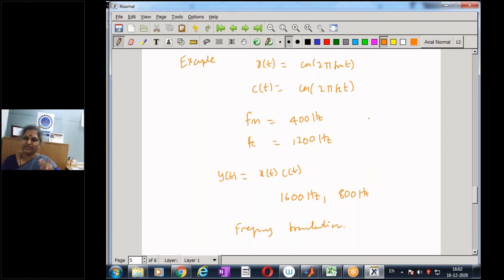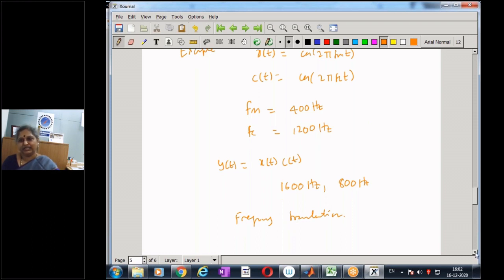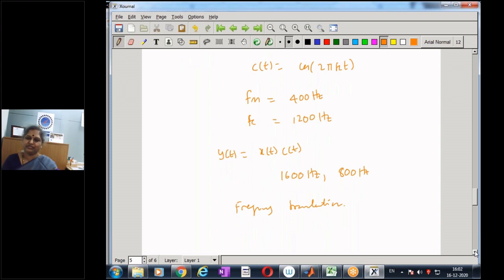And the entire modulation and broadcast communication is based on just this concept of frequency translation, or multiplying in the time domain. So we take all our low frequency signals and put them onto a high frequency sine wave, and then they become suitable for broadcast. So the entire communication functions only because of this simple property of the discrete Fourier transform, that multiplication leads to a frequency translation.